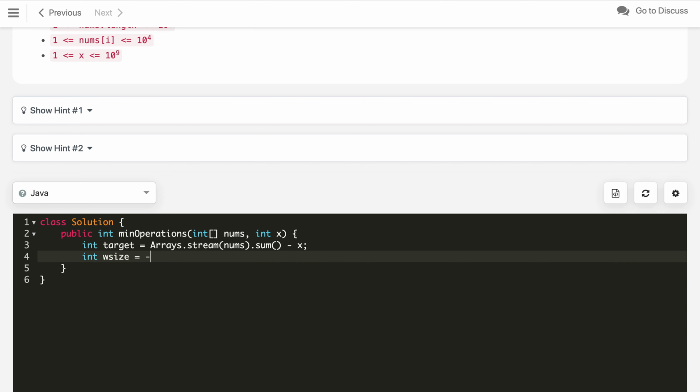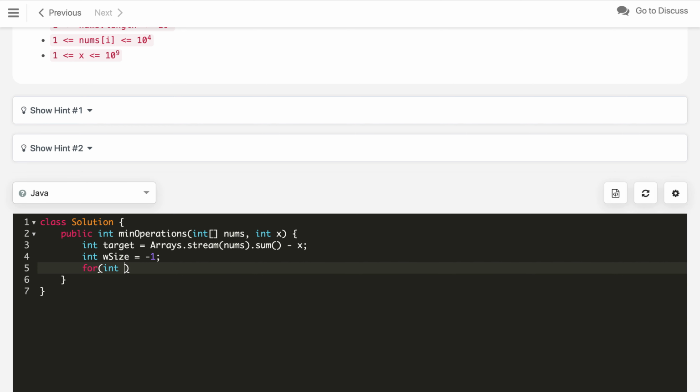I initialize it from -1. Then we iterate with right starting from 0, and left also initialized to 0.